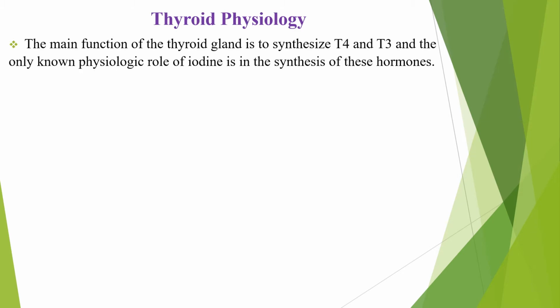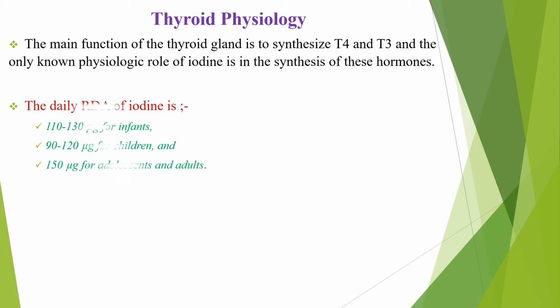The main function of the thyroid gland is to synthesize T4 and T3, and the only known physiologic role of iodine is in the synthesis of these hormones. The recommended daily allowance of iodine is around 120 microgram for infants, around 100 microgram for children, and 150 microgram